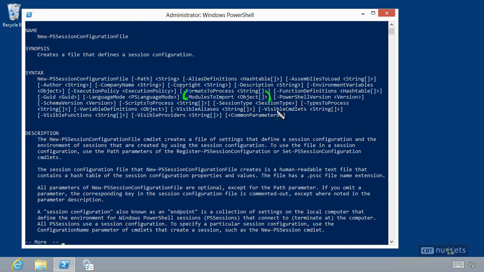So I can have modules pre-imported as part of this. So once someone connects, those modules are just there. However, instead of making visible every single command that's in that module, I can restrict the aliases, cmdlets, functions, and providers that are available. So despite whatever the module might make available, I can control the visibility at a more granular level. So I could certainly set this up so that someone can only execute a single command once they're attached to